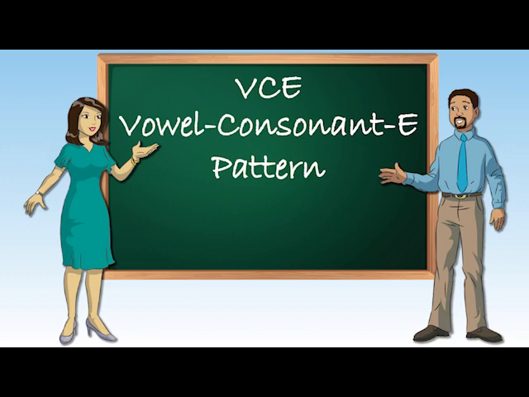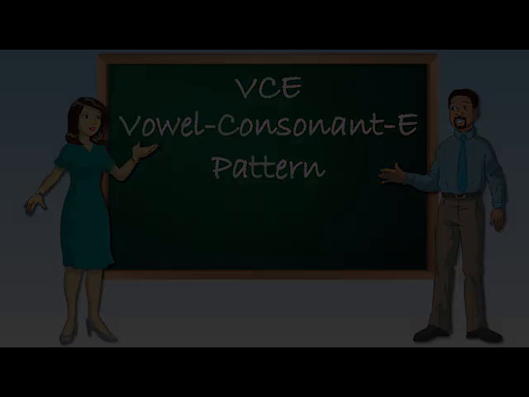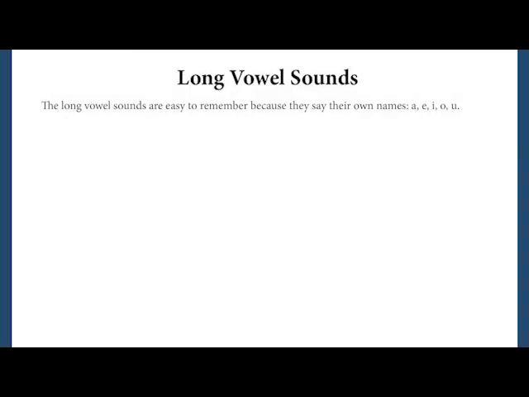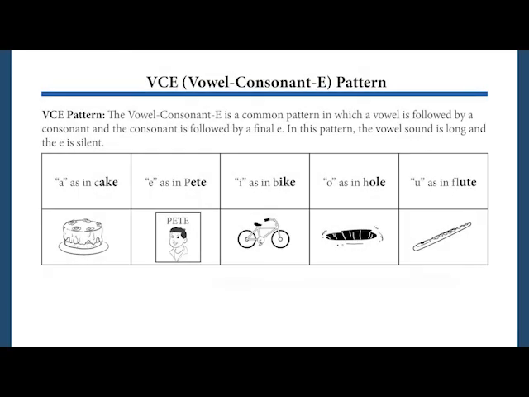VCE, Vowel Consonant E pattern. Long vowel sounds. The long vowel sounds are easy to remember because they say their own names: A, E, I, O, U. VCE pattern. The vowel consonant E is a common pattern in which a vowel is followed by a